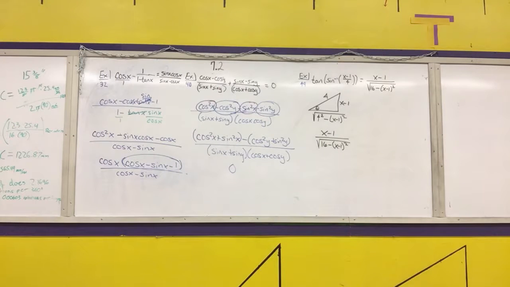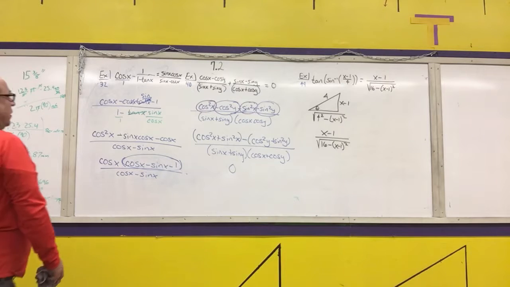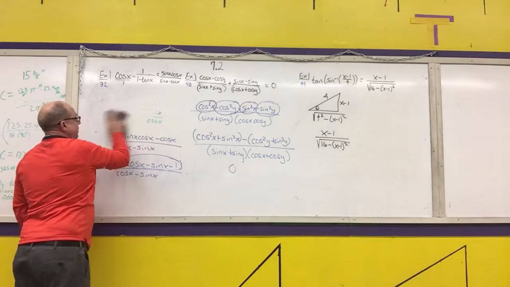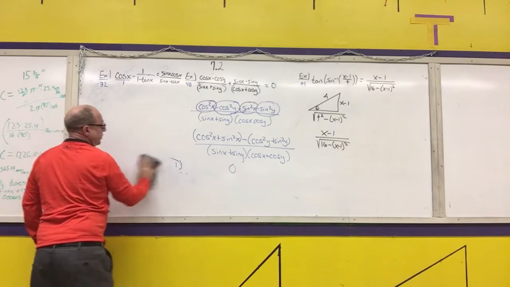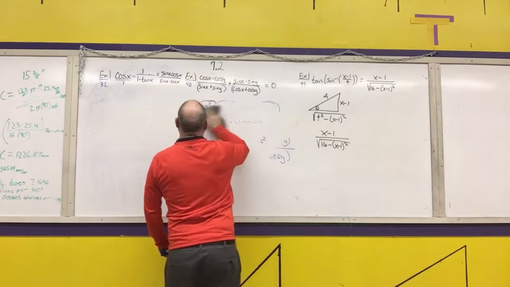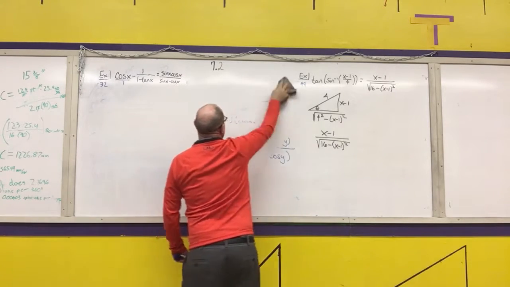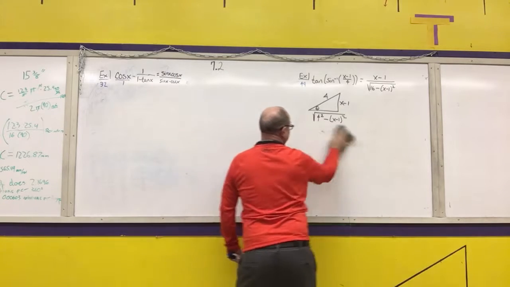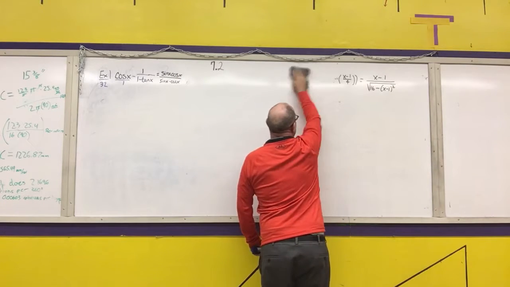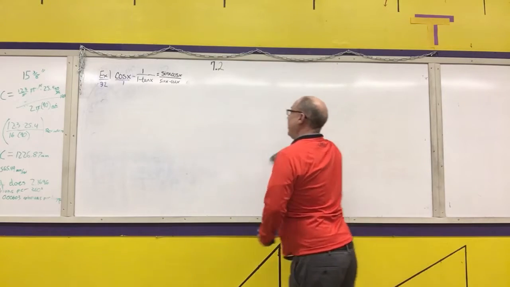So let's go back to the one example that I got to mess with to start with. And I'm going to rewrite it bigger, and we're going to work through it. Okay, it is 32 in the book. And again, it takes practice. Okay, there is no one way to do these problems. Okay, and I hope